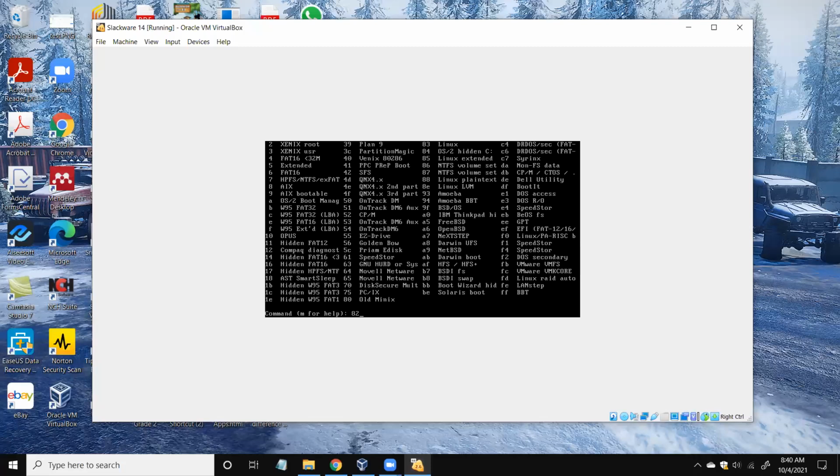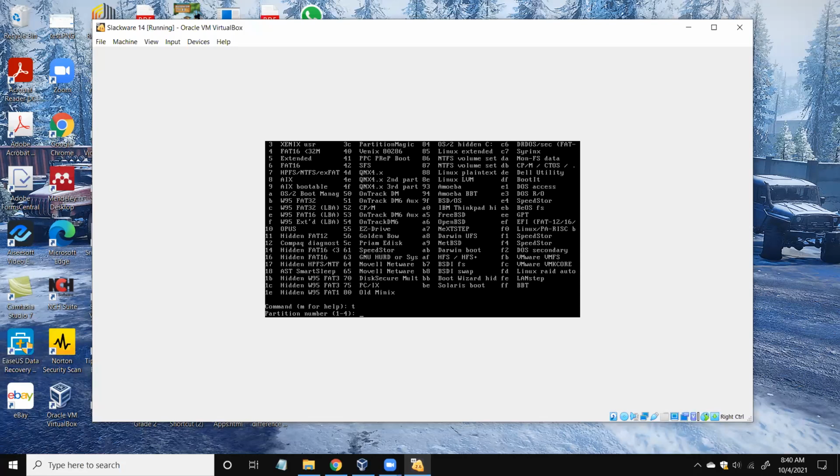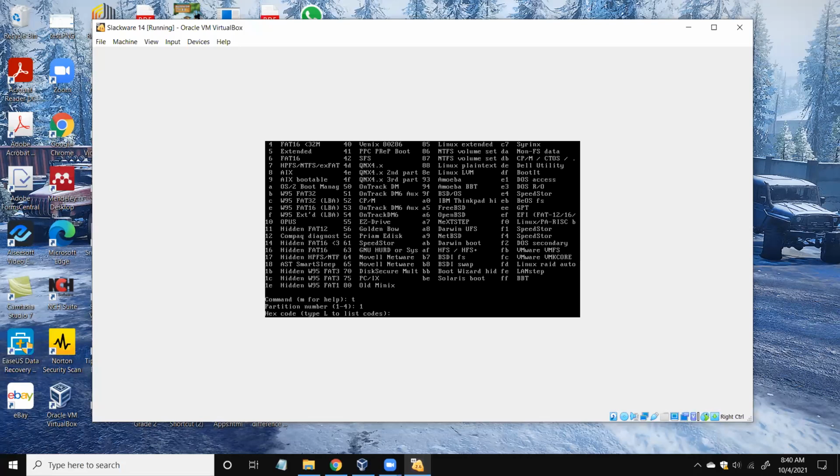So I will then press T to change the file system. That is in the first partition, so the partition number is 1. Then the code would be 82.